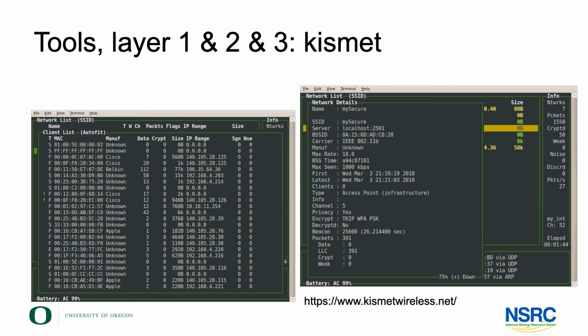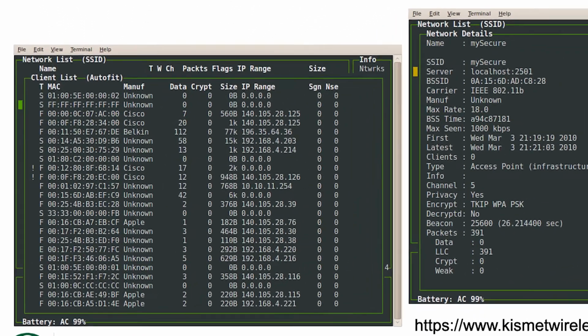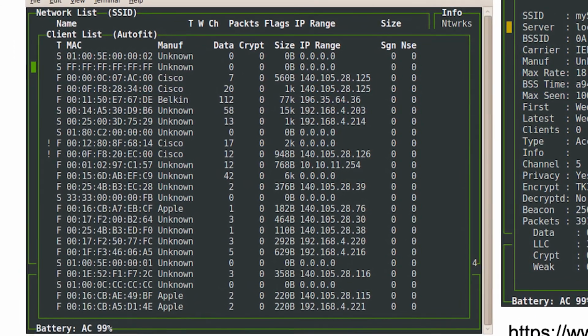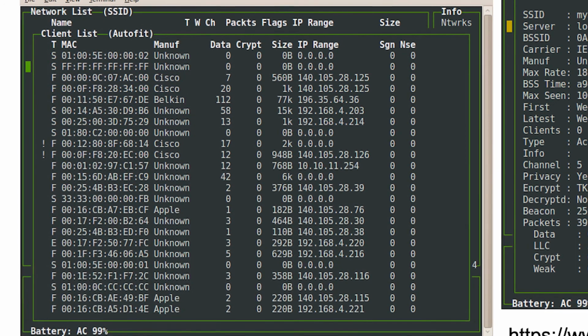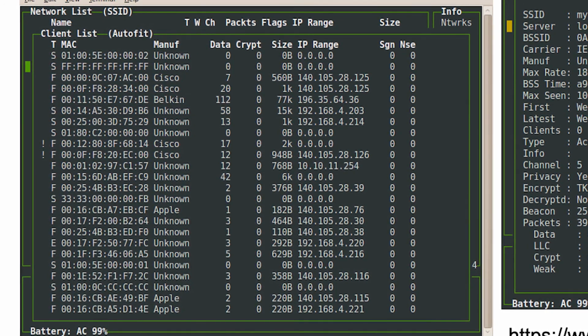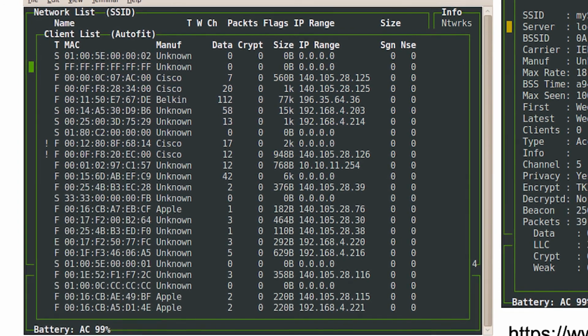Kismet, an absolute must-have tool, very, very strong for analysis, also, by the way, for hostile attacks. And as so often, to protect networks, you also should know what tools there are for attacking these networks. What Kismet does is it really shows you all the network activity going on in the wireless space. As the screenshots here show you, it already gives you layer 3 and 4 information.